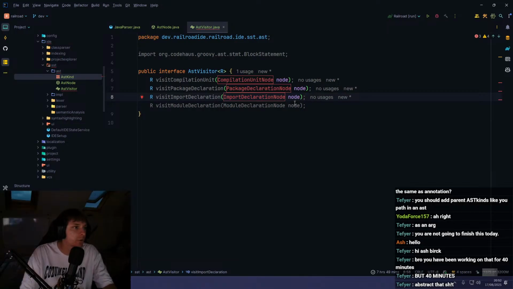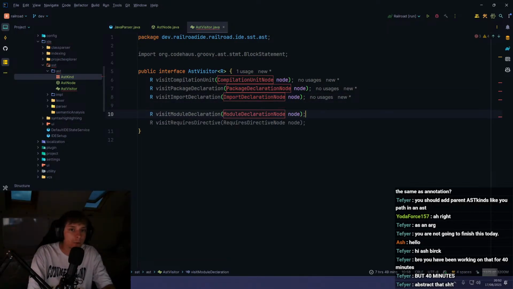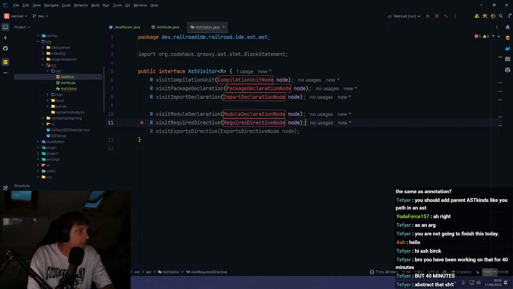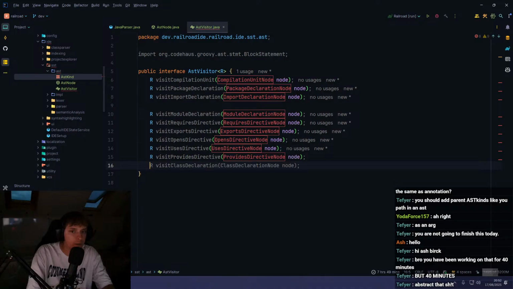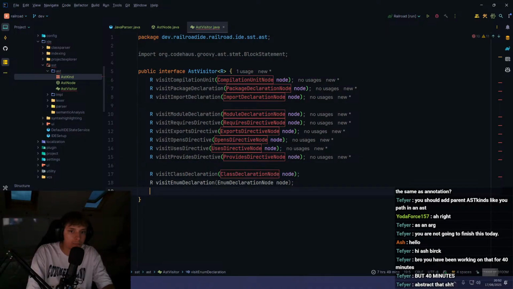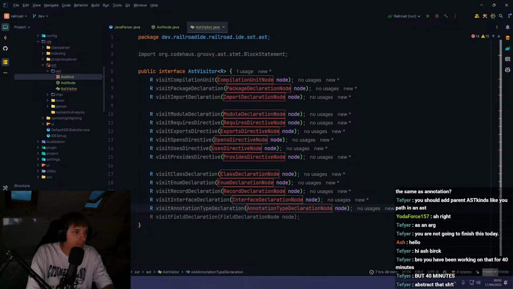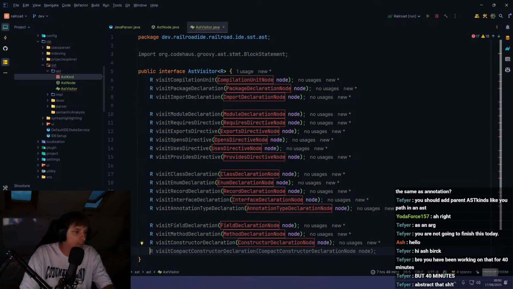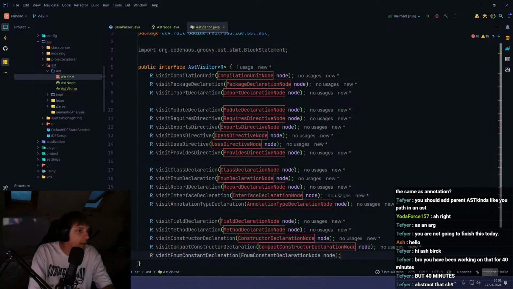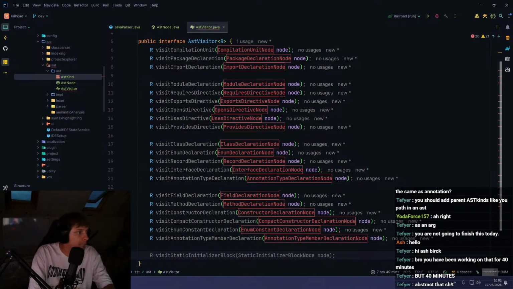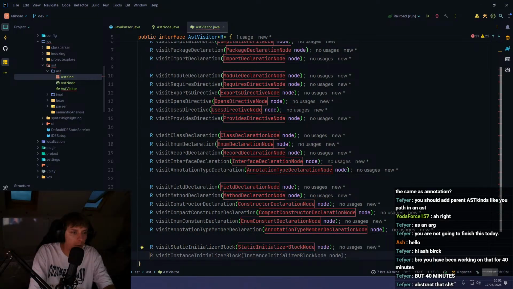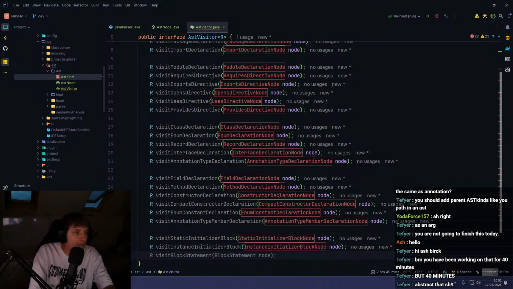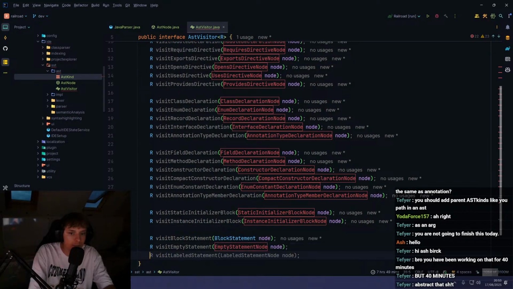So we have import declaration node. Then we have visit module declaration. We have requires directive. We have exports directive. We have opens directive. Is it actually going to use it or not? Yes, I think it's actually using the class I have open to determine these. That's nice. So it's static initializer block. Then we have block statement, empty statement,